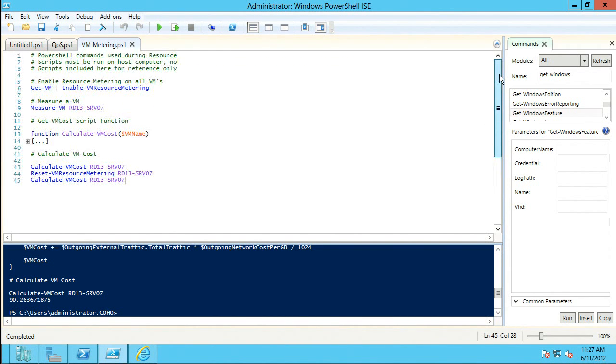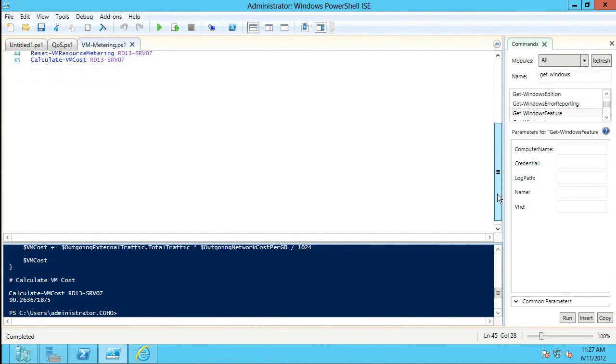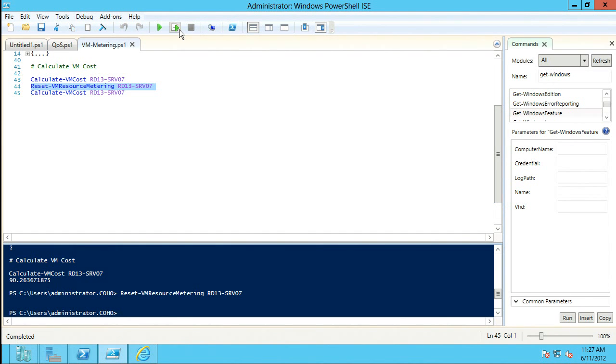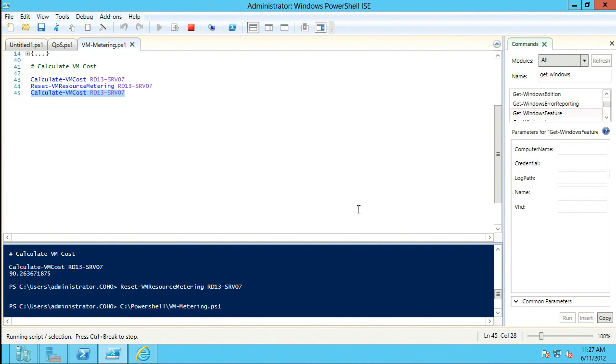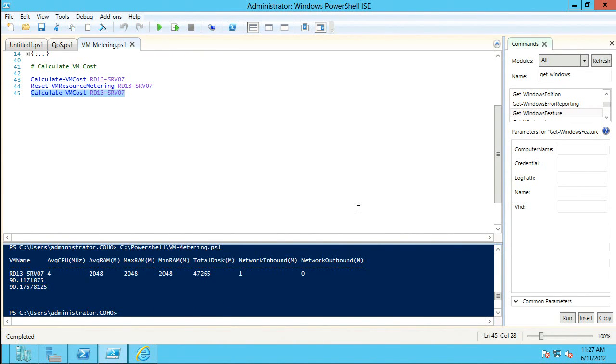So basically, from a lookback system, all I have to do is measure the VM, so run a PowerShell script to measure the VM. Then once I've got that information, all I need to do is reset the VM counter, and then I can just calculate that information again. So you can see that should change a little bit. Changed a touch because when we were practicing this morning, the resets were really close. So again, a really simple demonstration of how we can do that type of stuff,